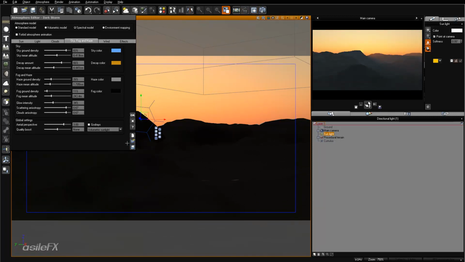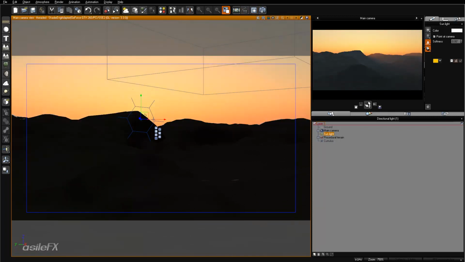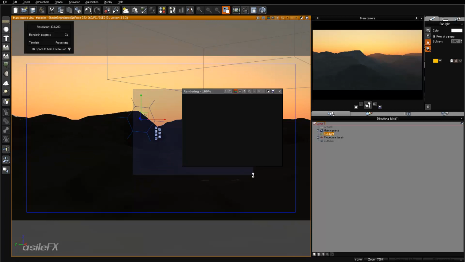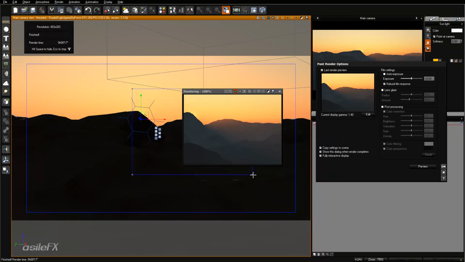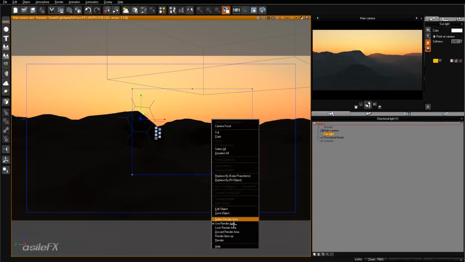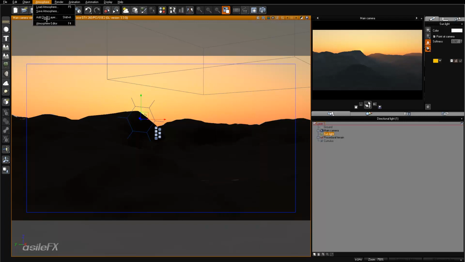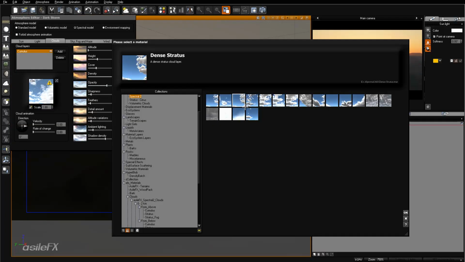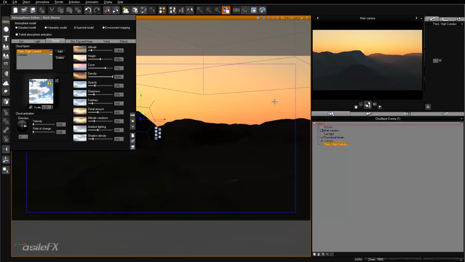If we go ahead and render just that area where the sun's just peeking through now from this angle, there's now that very defined ray shadow within the light. So I'm going to right click and discard the render area, add in a new cloud layer, and go ahead and select the thick high cumulus, reduce the height,